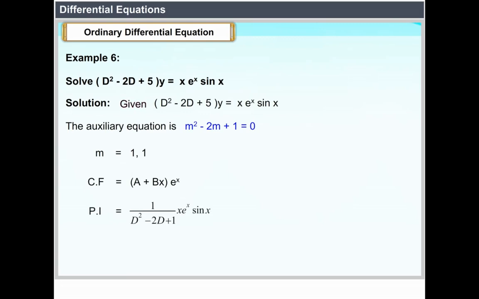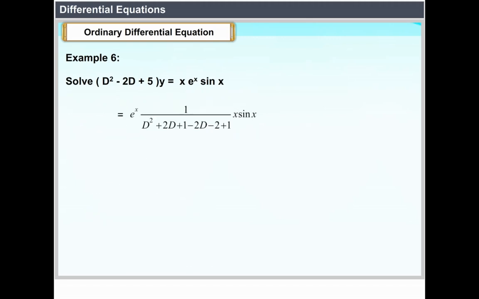PI equal to 1 divided by (D square minus 2D plus 1) into x into e power x sin x equal to 1 divided by ((D plus 1) the whole square minus 2 into (D plus 1) plus 1) into x into e power x sin x equal to e power x into 1 divided by (D square plus 2D plus 1 minus 2D minus 2 plus 1) into x sin x equal to e power x into 1 by D square into x into sin x equal to e power x into x into 1 by D square into sin x